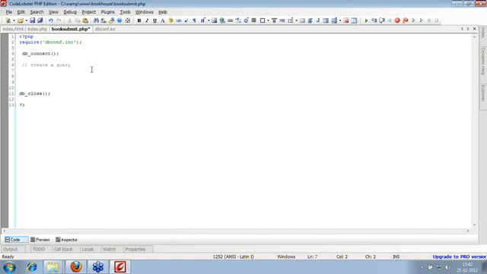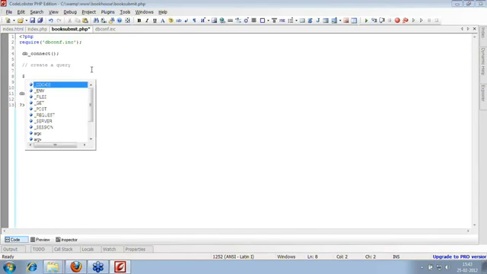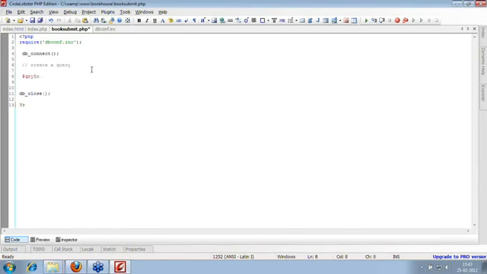Whatever we have done up till now was DDL, the data definition language: defining the database, defining the table, and then the connection. Now we will be manipulating the database. So we'll be using some of the terms from the data manipulation language, that is insert, update, delete, and so on. First we need to add this data into the table, and only then will we be able to retrieve it. So I'll first create a query variable to create my query to store into the database. So I'll say insert. This is the syntax for the insertion.